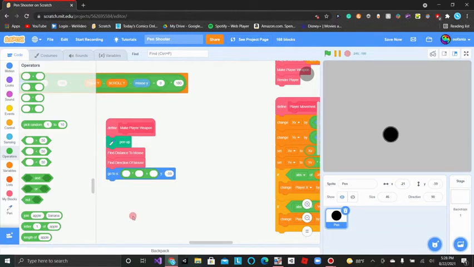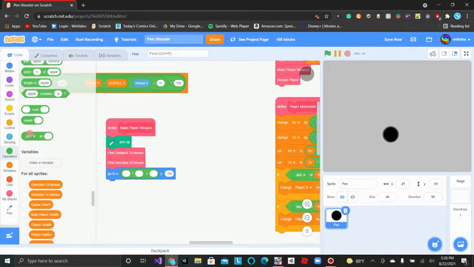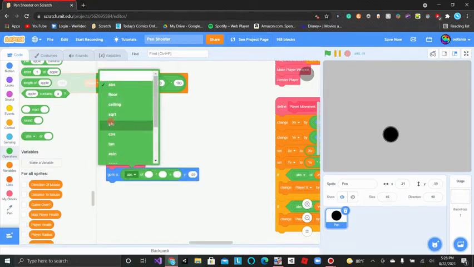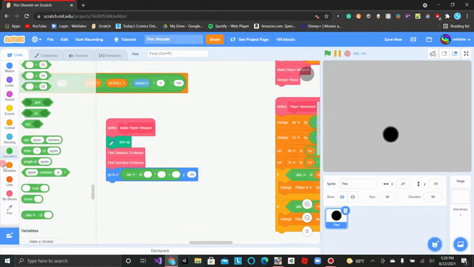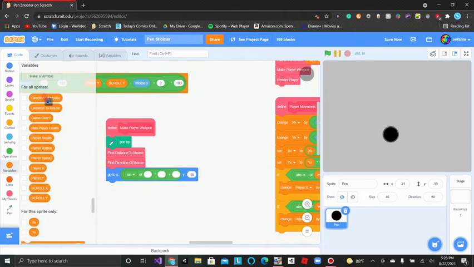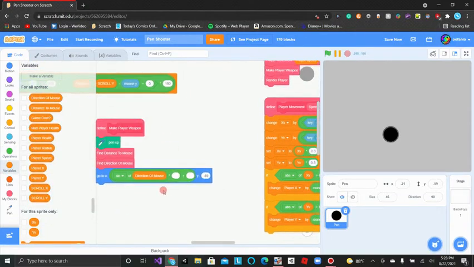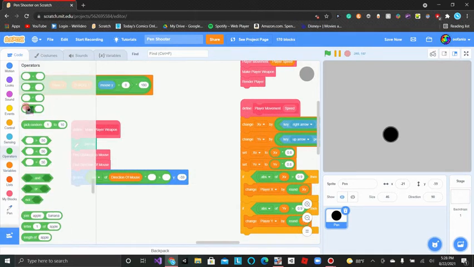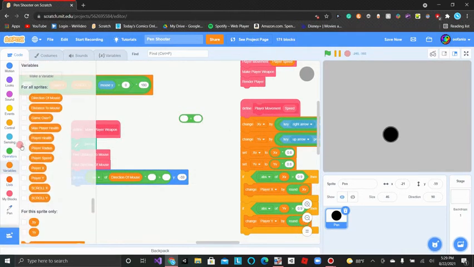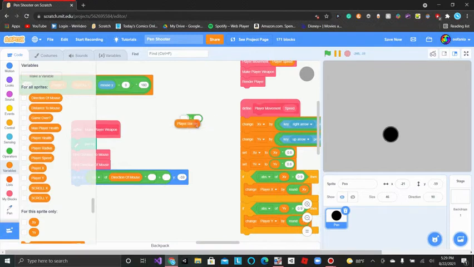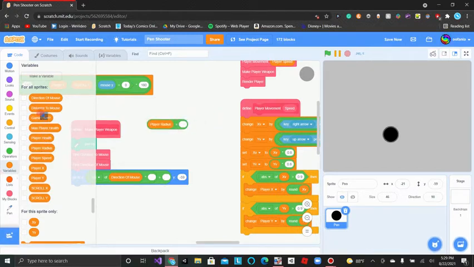What you're going to do is first get this abs block and change it to sine of direction of mouse times player radius, so player radius plus distance to mouse,